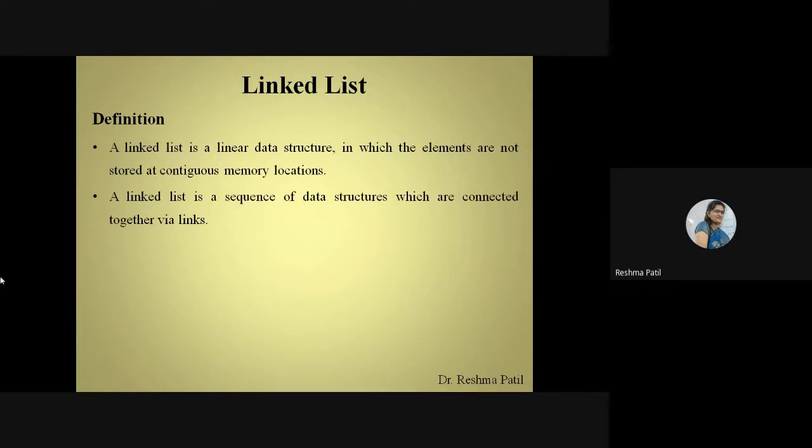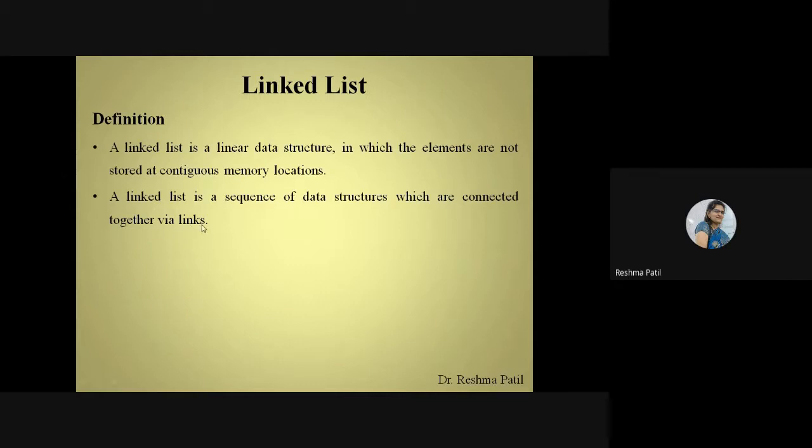Linked list is a sequence of data structures which are connected together via links. So how are we going to connect the elements using links? Because like an array, a linked list also contains many elements. Every node will contain the link of the next node.